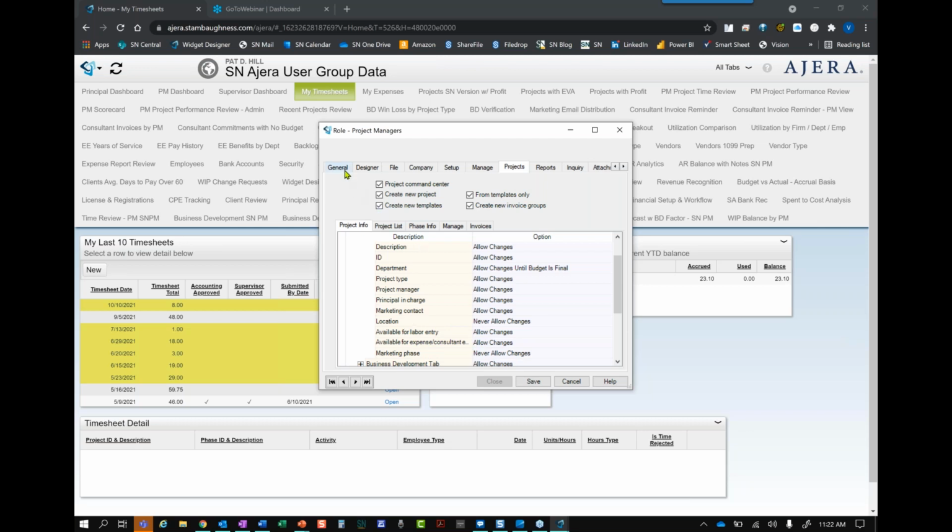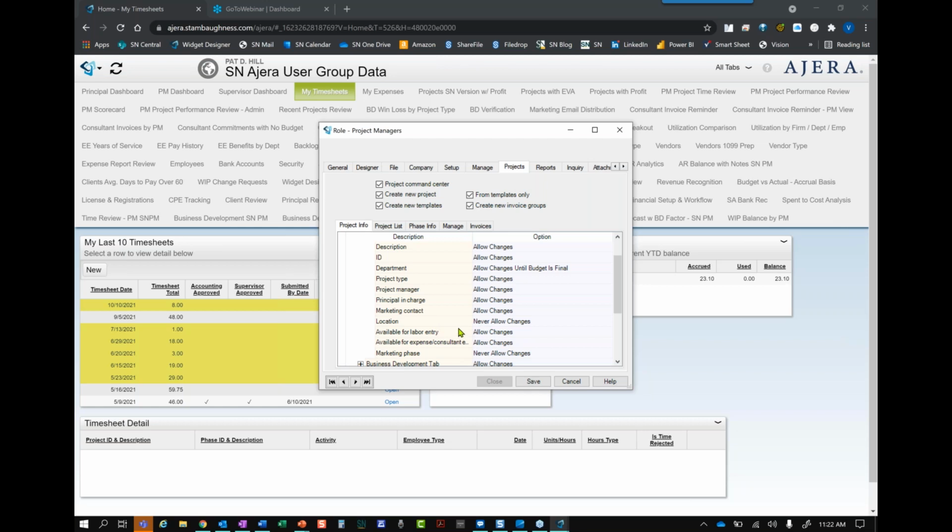So just what we wanted to bring to your attention is that when you read the release notes and you see that there's notice of a new feature, check your security roles to see whether it was automatically engaged. And if you don't want people to have access to that tool, certain roles, then make those updates.